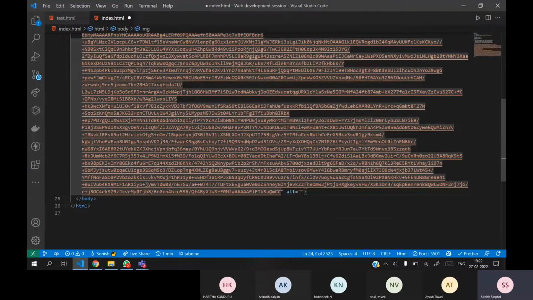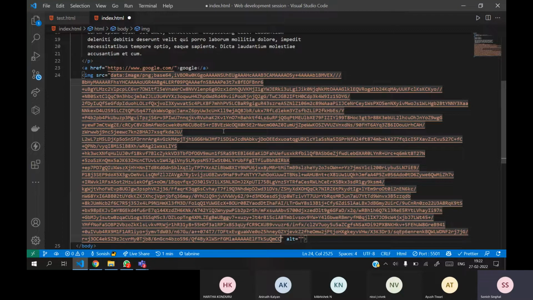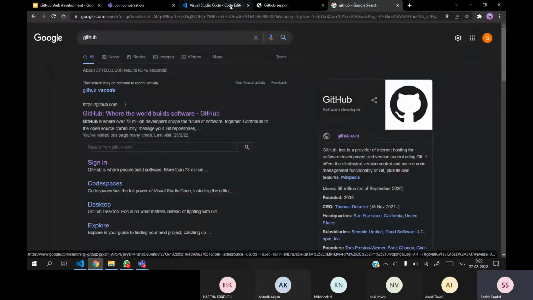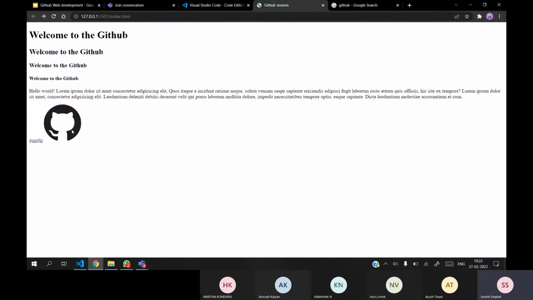You can see that the link of that image is quite large, but we can still use it, and we can also use a short link. And here we have the alt attribute. If the image doesn't load, the alternative text will be shown here, like GitHub logo. When we open it, we can see that the GitHub logo is there.